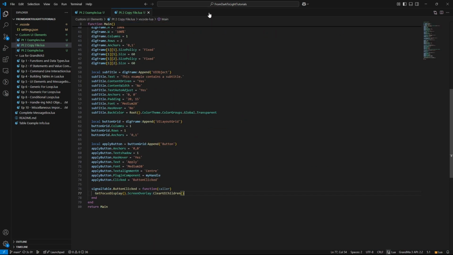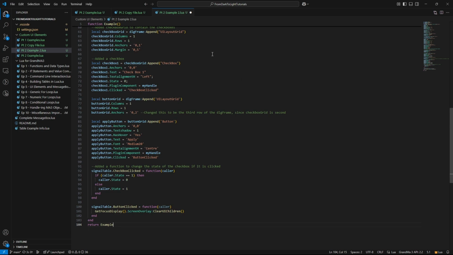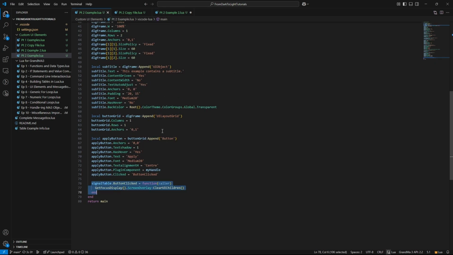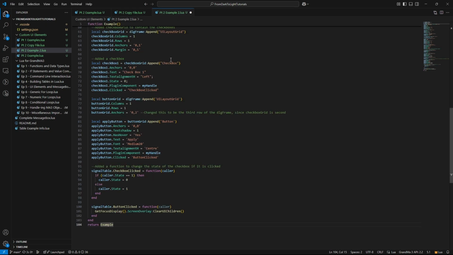So I'm going to close these, and at this point I would like to try adding some more information to this custom UI element, and I'm going to actually create a new file. And paste something I already copied in here. So I made a copy of this one really. And I just added a whole bunch of information to it. And I made comments about these things so we can see that, and I can show you exactly what I have made changes to, and we can talk about it.